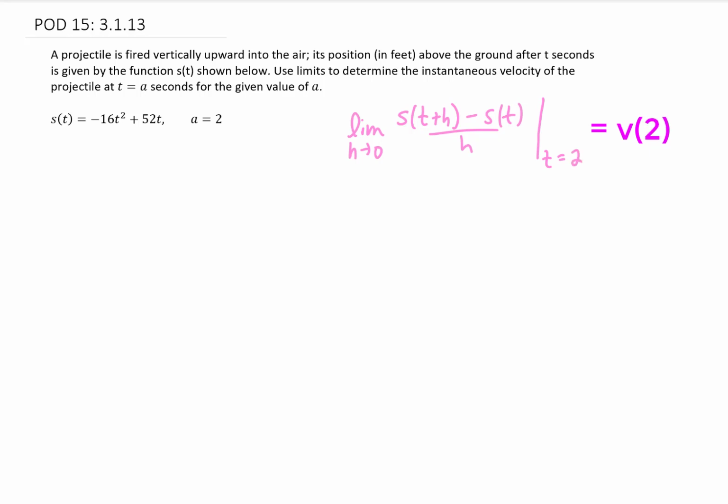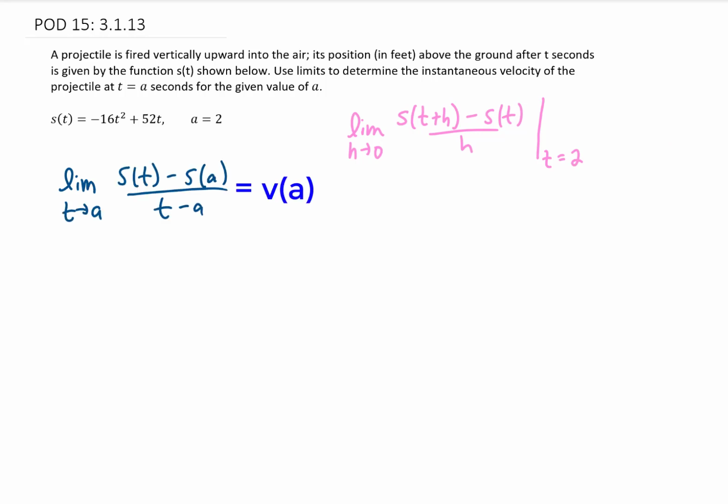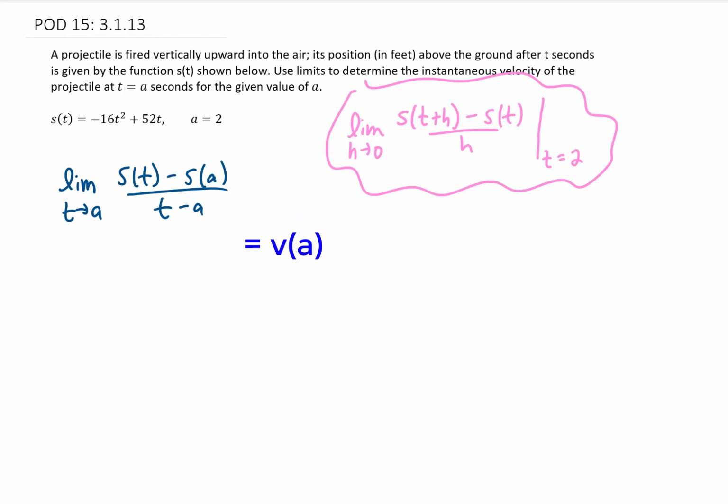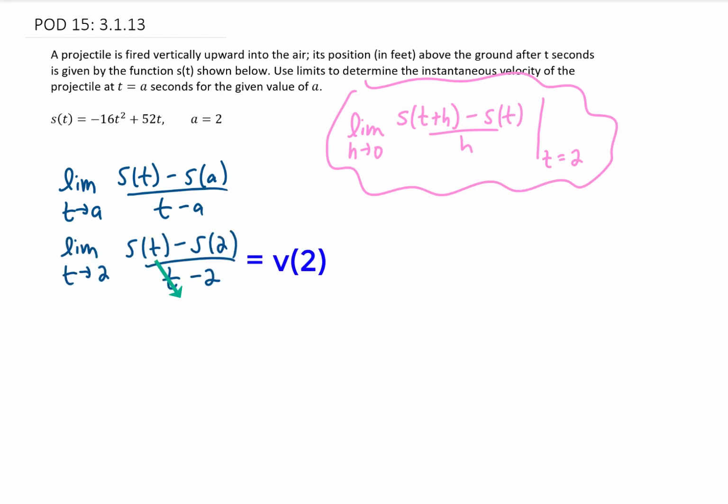Because we're given a value a equals 2 where we want to find the instantaneous velocity, we can use this limit definition, which looks a little bit simpler. And I believe this is the formula that this section of the book wants us to use. So we'll kick this one out, and we're just going to use this formula right here. Now plugging in a equals 2 gives us this formula,